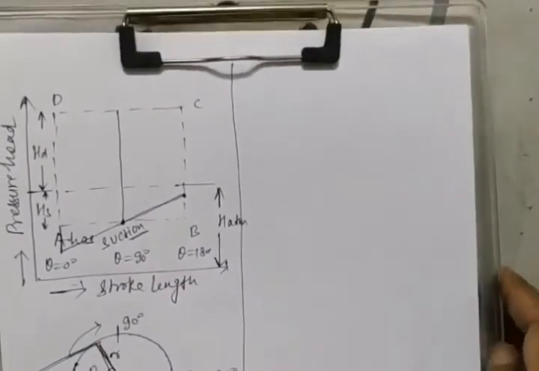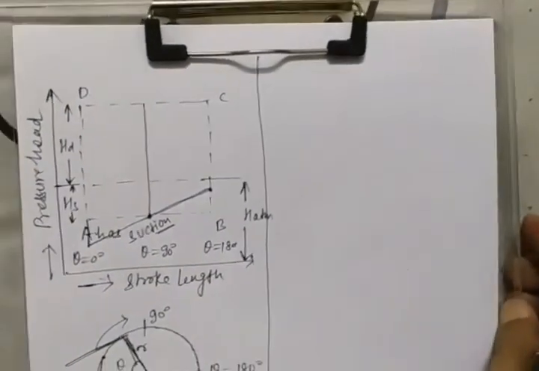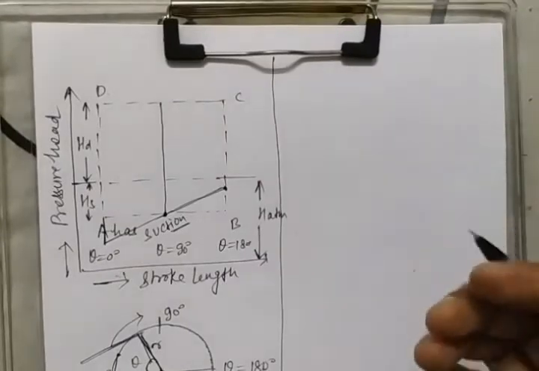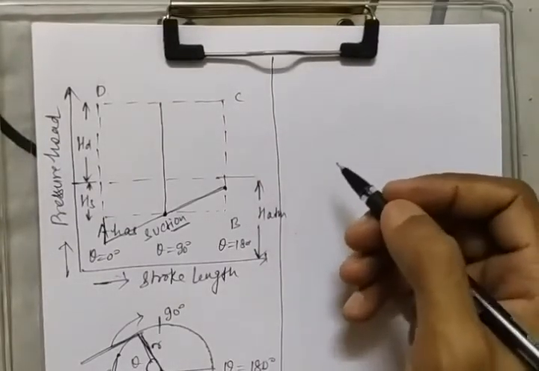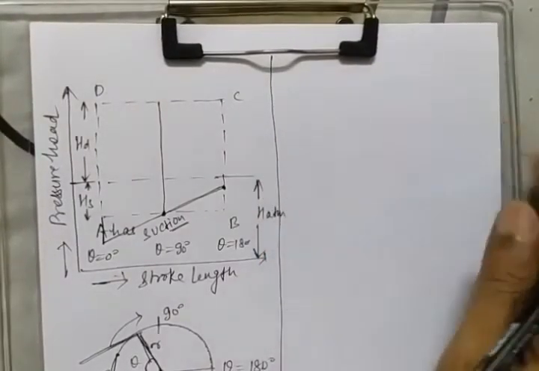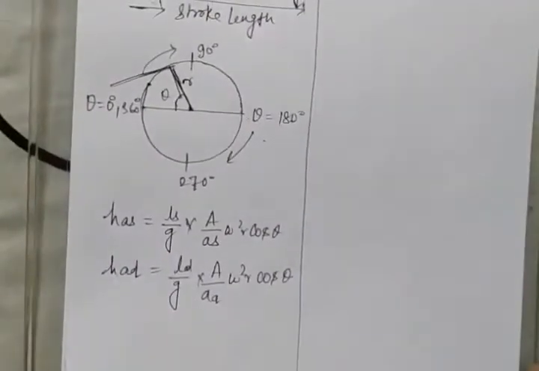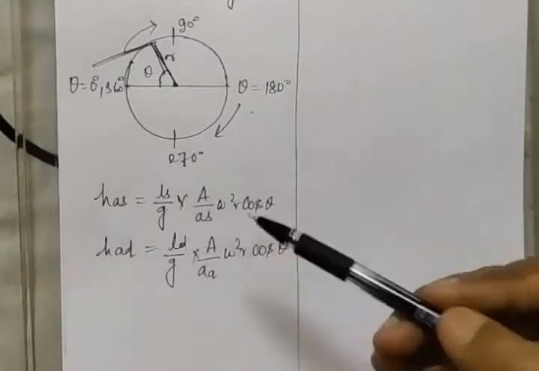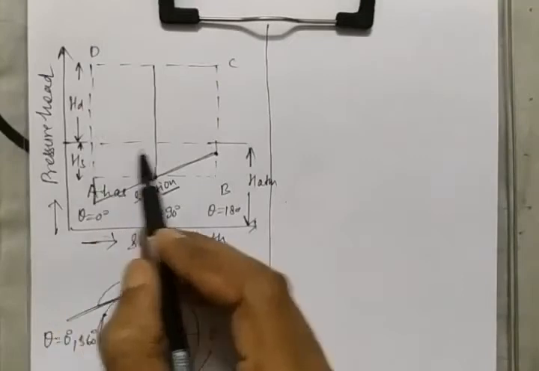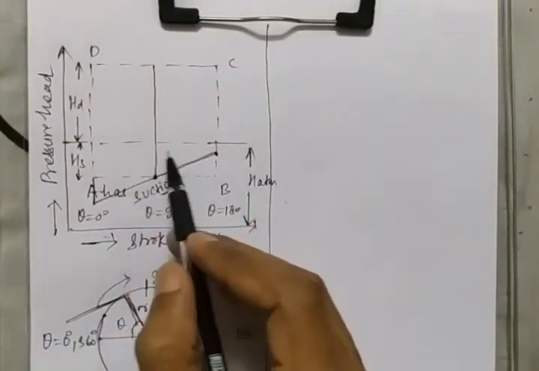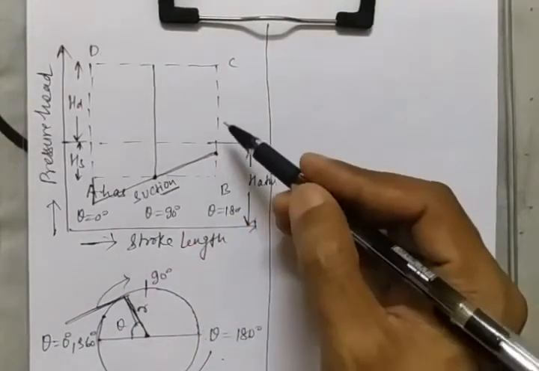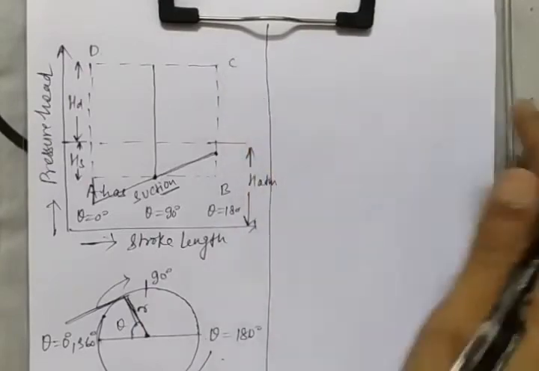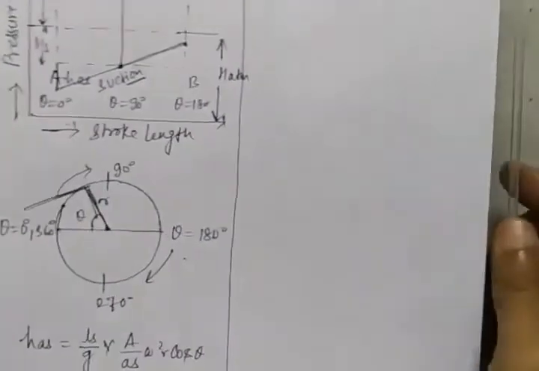Now come to the delivery plot. Now guys, here you can see that for delivery we have to just consider HAD, because we are just seeing for the delivery, and it will be just above the atmospheric pressure, and this is the atmospheric pressure head line, and HAD value will all come above this line.